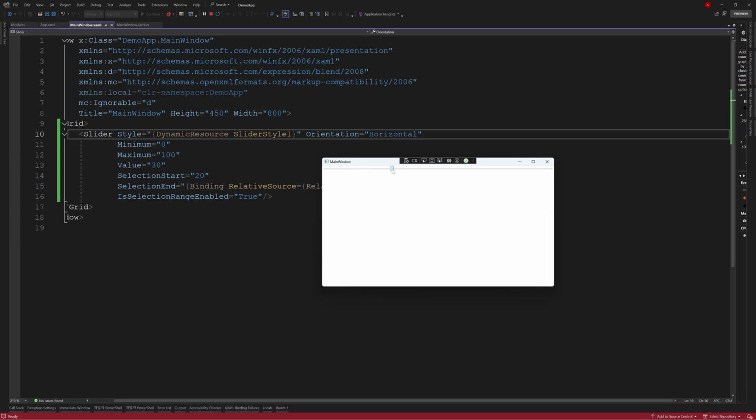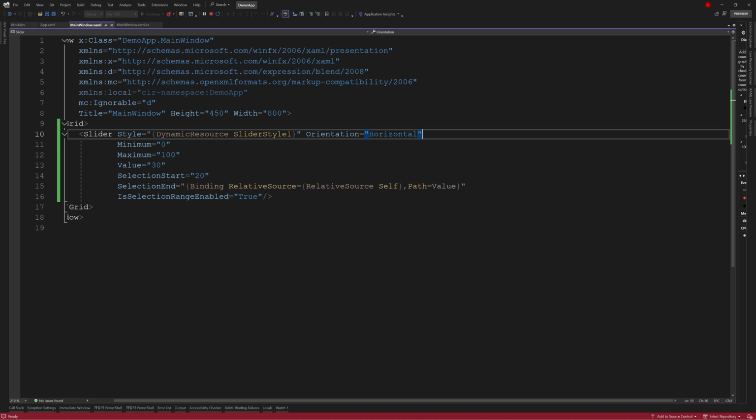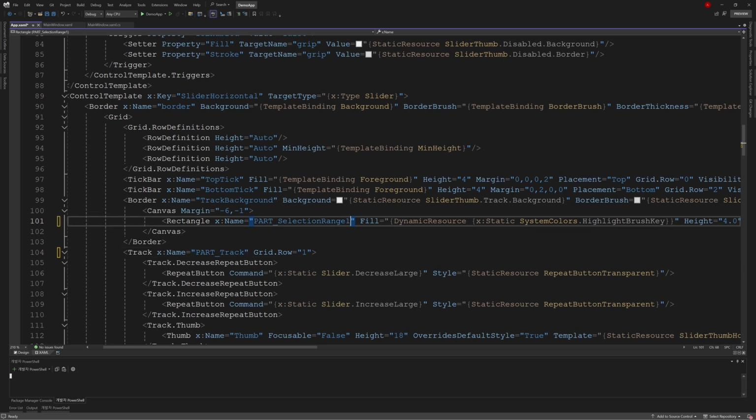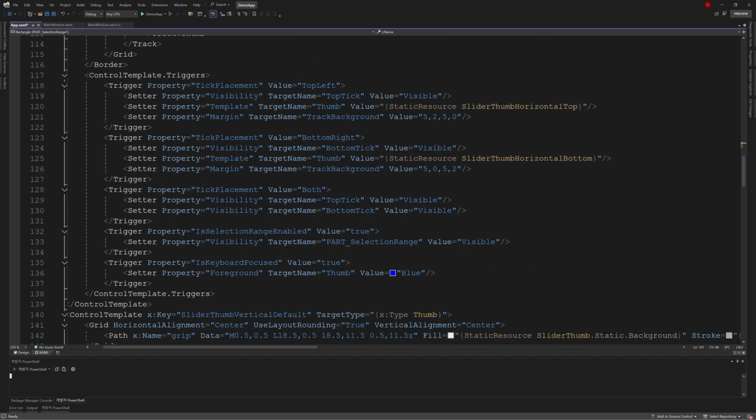That's because once the name is changed, it can no longer locate the content of the track part. So when we're using it, we must correctly include PART_Track to ensure its functionality works properly. The same goes for PART_SelectionRange. Let's add a 1 to it. But in TargetType, PART is also in use, so we add a 1 here too. What happened this time?